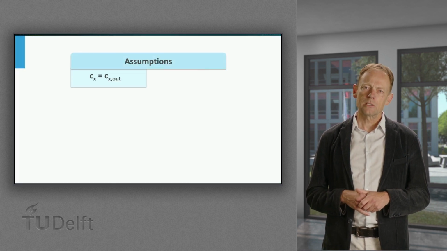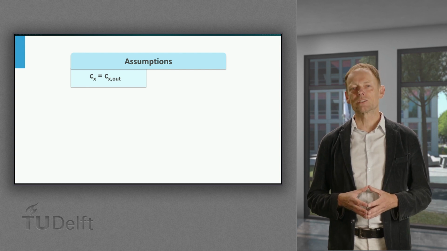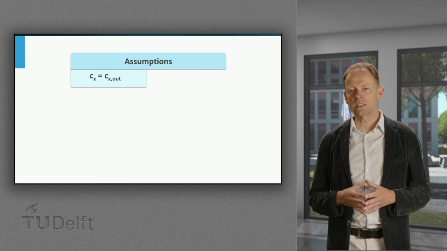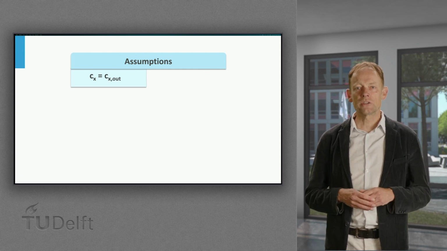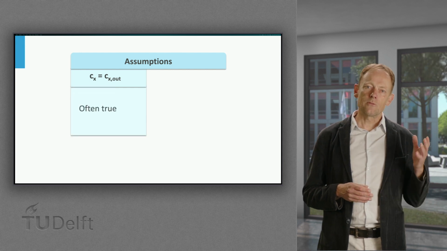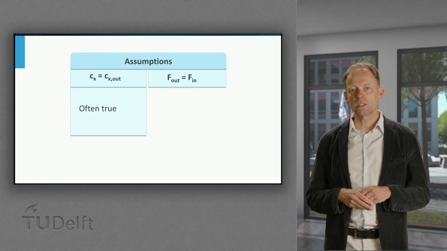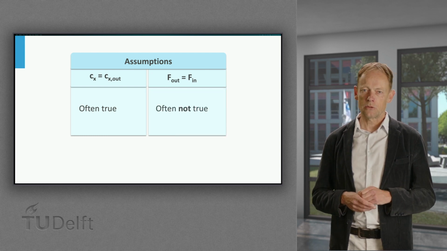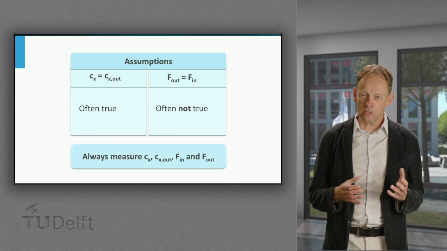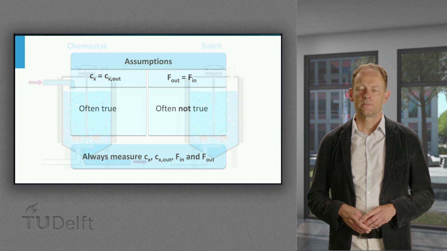When doing this, you should take care that you do not trip over so-called banana peels. Assumptions such as the biomass concentration in the vessel equals the concentration in the outflow, and the flow in equals the flow out for both gas and liquids are not always justified and should at least be checked thoroughly. If different, you can easily draw false conclusions and make wrong decisions.